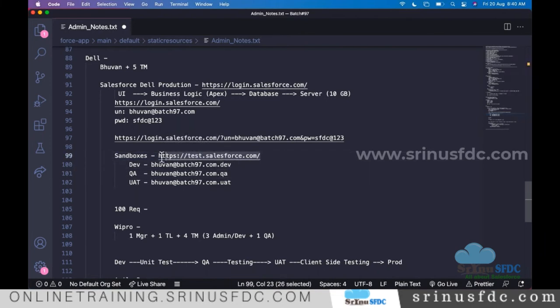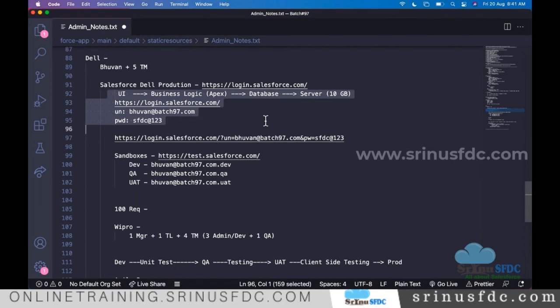You should know that day to day, we don't really work in production. When you join a project and work for a company, we open test.salesforce.com. Mostly we work with Dev. We provide the username and the password, log in, and do the work. But throughout this course, since we don't have access to sandboxes, or even if I create one, we lose it, because a sandbox is not permanent, we work in the developer edition, directly in production. So day to day, we open login.salesforce.com, enter the username and password, and work.